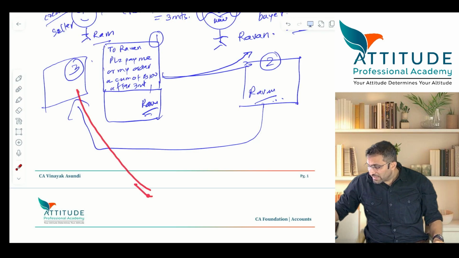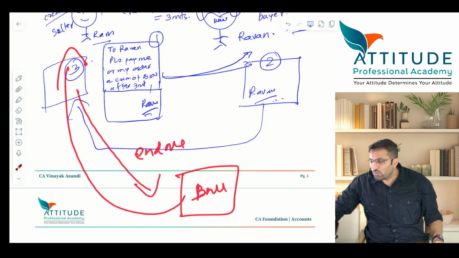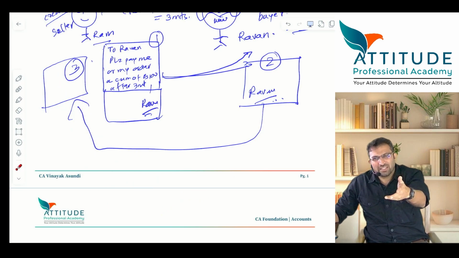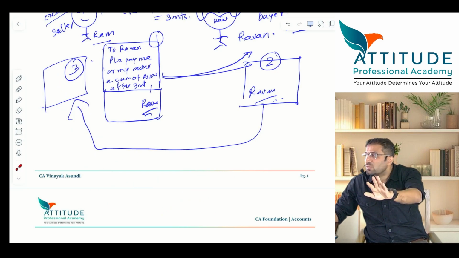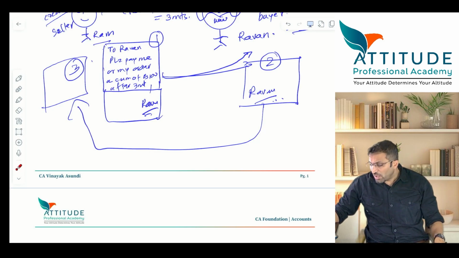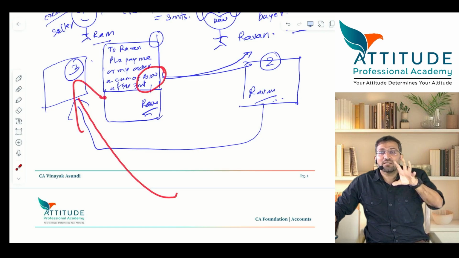This bill, he can endorse what? Endorse it with a bank. And the bank will immediately pay the money to what? Ram. This is known as discounting. What is it known as? Discounting. It is not known as endorsing, but it is known as discounting. Discounting the bill with the bank. Of course, this bill is for how much? 100. The bank will not give 100 rupees. The bank will give how much? 95. For the bank, 5 rupees is a profit.